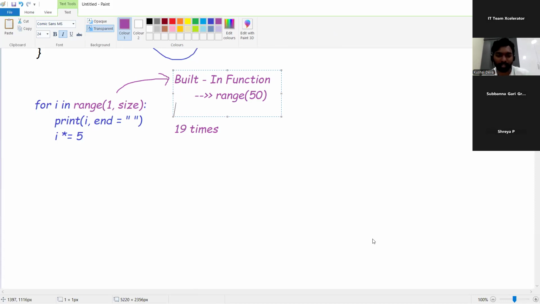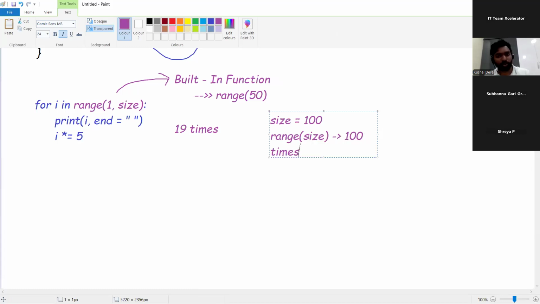Even if I take some random value, let's say having size to 100, I just gave range of size. It runs for 100 times without fail. Let's say after 5 iterations, in the fifth iteration, you want to update your size value to somewhere less than 100, to 50. Then what do we expect?